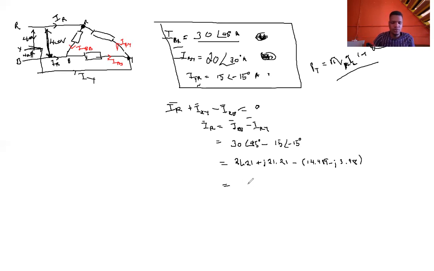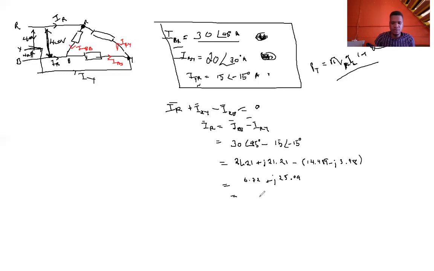We'll get 21.21 minus 14.49, and we get 6.72. Anyway, 21.21 minus, that becomes a plus 3.88, we get plus 25.09. So if I now change this to polar form,